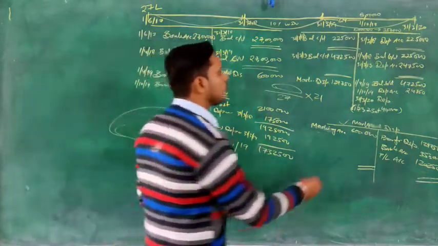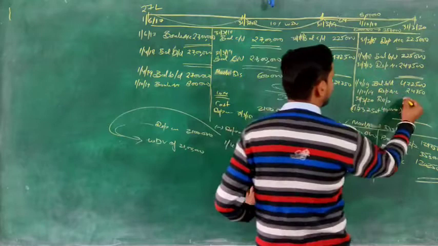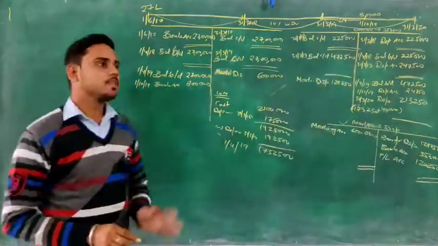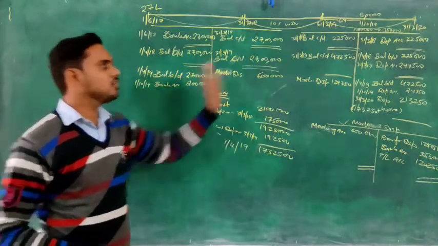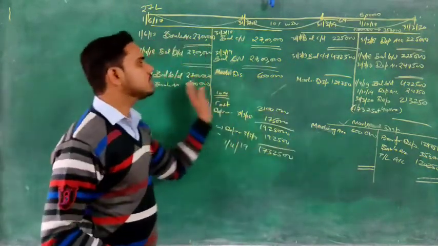Now what do we need to do, sir? We need to close the accounts and find the balances. Okay, first we need to add these things to find the total. So that will be 2,13,250. We need to close the accounts. We are having 3 accounts. This account is already closed or not? Closed. We need to close 2, this one and this one.